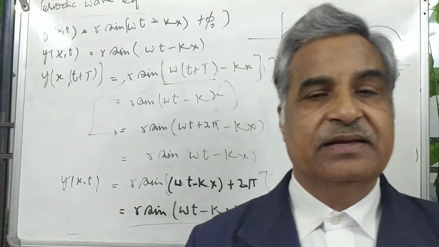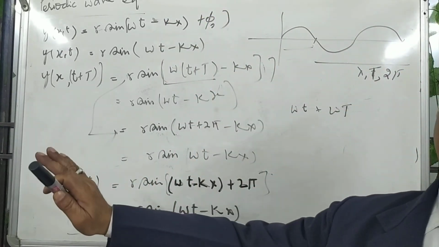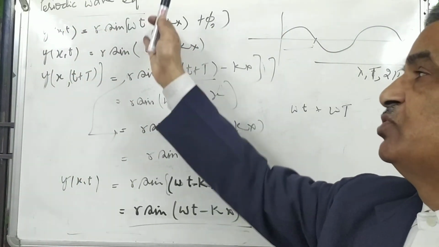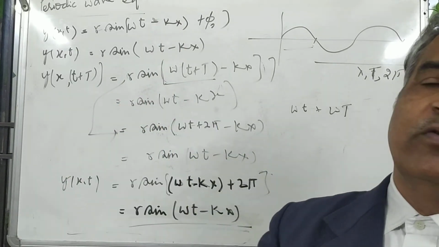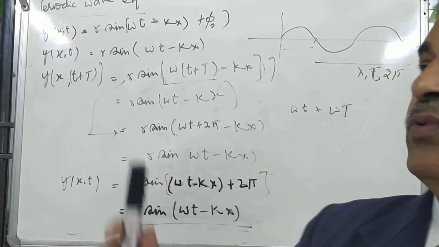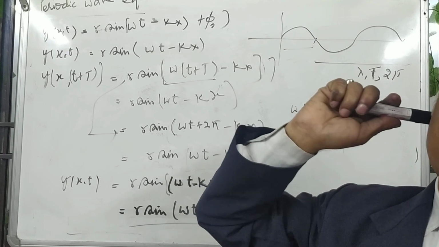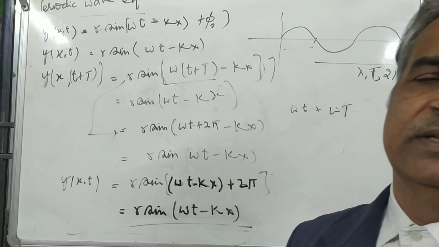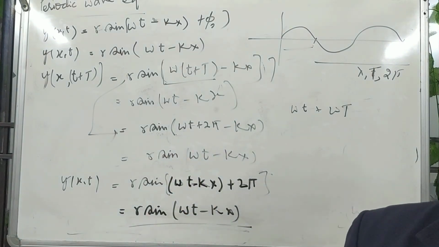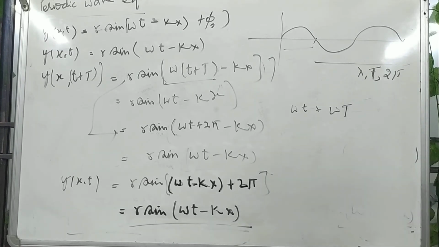Okay, best of luck. I have taken some time for explanation only. The main basic is this, and there are only two points. I am substituting the values of omega and k, and nothing else. Converting into time functions, and into 2 pi by lambda velocity functions, k functions, and so on. And next, it is periodic in time period T, lambda, and 2 pi. Okay, best of luck.